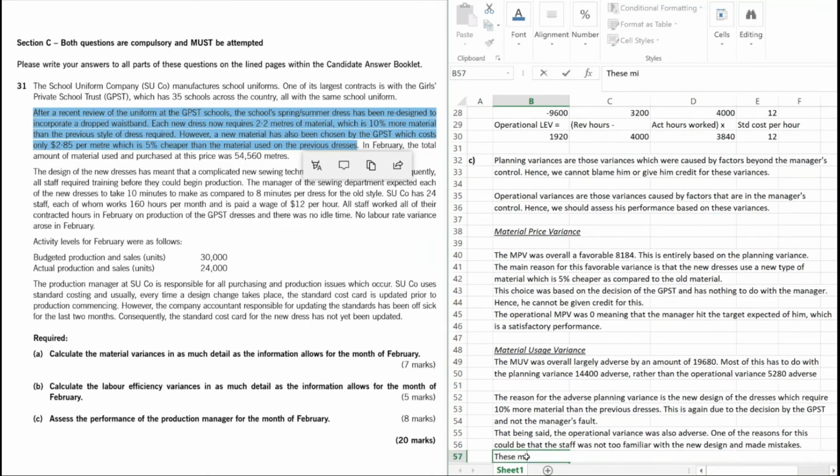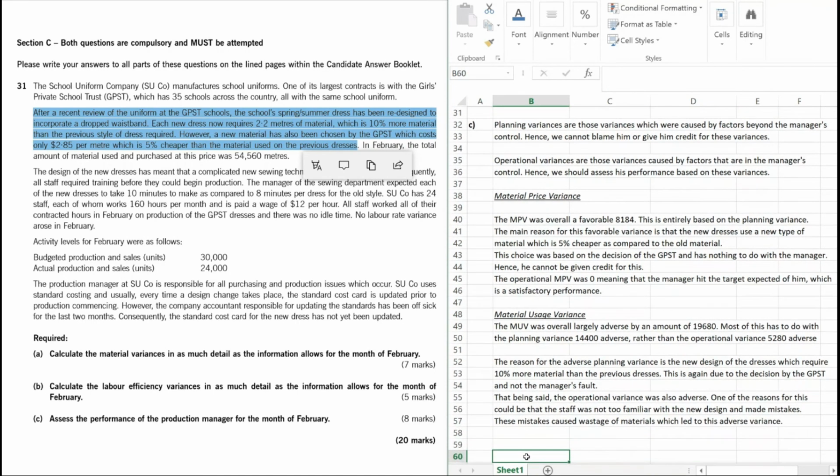These mistakes caused wastage of materials, which led to this adverse variance. Okay, so we've hit our point, we've covered the main points for material usage variance. Let's move on to the labor efficiency variance. Okay,